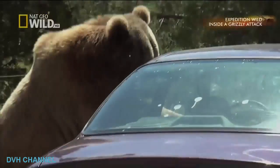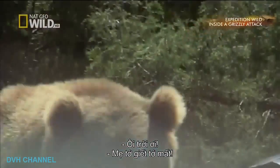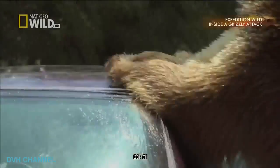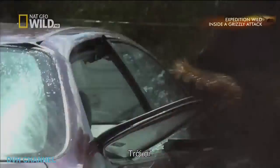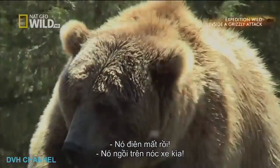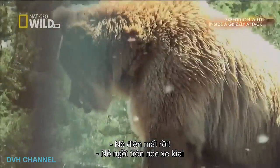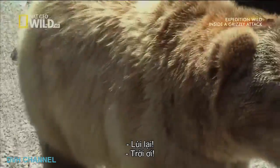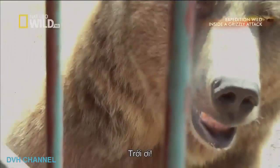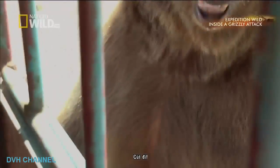Oh, man. Oh my god! My mom is gonna kill me! Go away, bear! Get out of there! Oh, my God. Totally crazy. Oh my god, dude. He's totally on top of it. He's on top of the car. Whoa, shut up. Get back. Oh my god. Oh my god. Go away, bear. Get out of here,